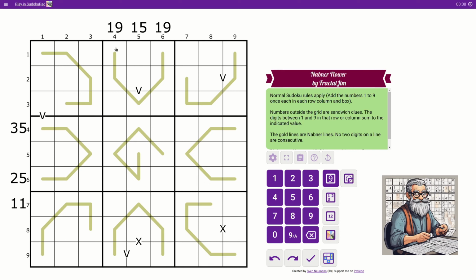Right, so these are reverse renban lines or Nabner lines. If you remember or have seen renban before, they are lines with a set of consecutive numbers in any order. These are a set of non-consecutive numbers. Okay, but there are 5 here